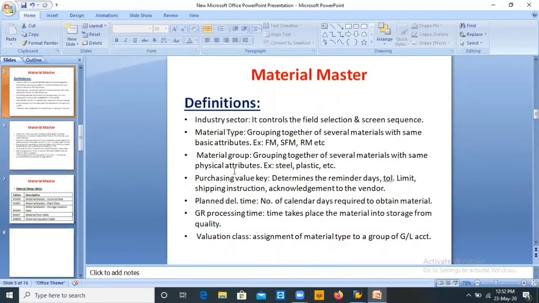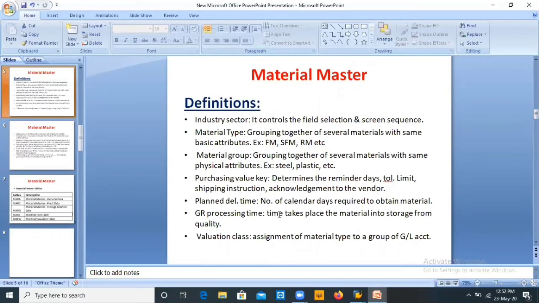We'll discuss all these things. Material group, there I gave 001, is the grouping together of several materials with the same physical attributes. Purchasing value key determines the reminder days and tolerance limit. Shipping I already told.